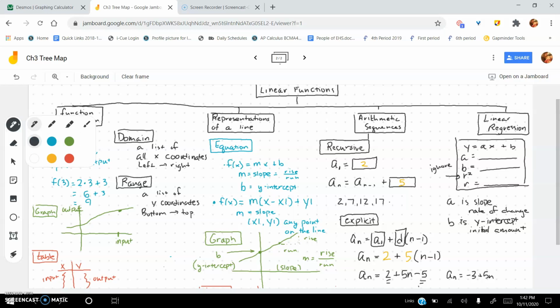And then r, because you're going to ignore r squared, is the correlation coefficient, and the correlation coefficient tells you how good your estimate is. If you have one that is close to 1 or close to negative 1, then you have a strong relationship between your numbers. And if you have one that is close to 0, then you have a weak relationship between your numbers. So the correlation coefficient tells you strength,